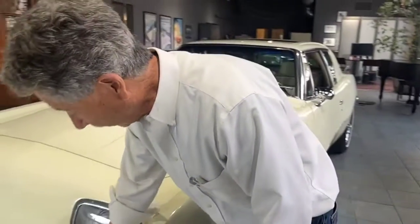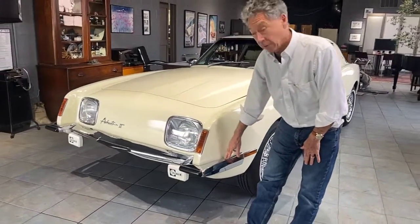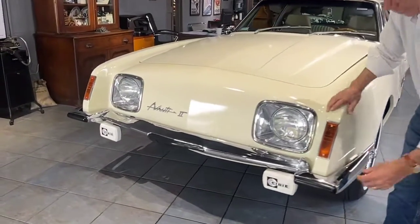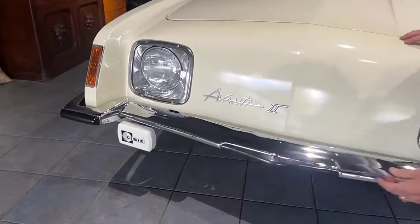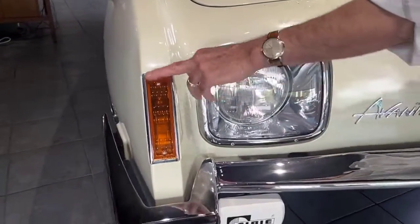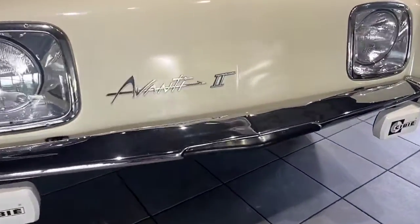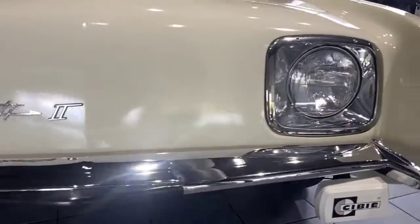The chrome is in very nice condition overall. It's all original. It has never been restored. It's never been re-chromed. The rubber bumpers, all of these things are very nice on the car. The lens covers, the side markers, all the emblems on the car. Coming along the side here,